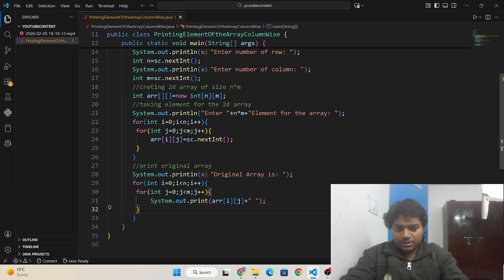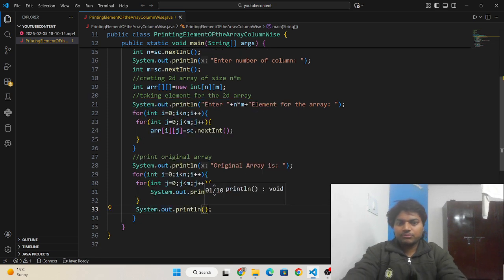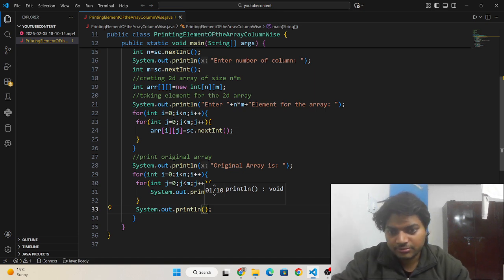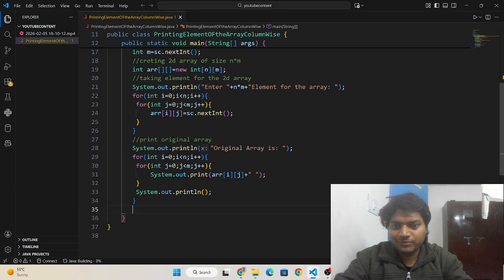And then we need to print a line so that we can move to the next row after printing elements in the first row.